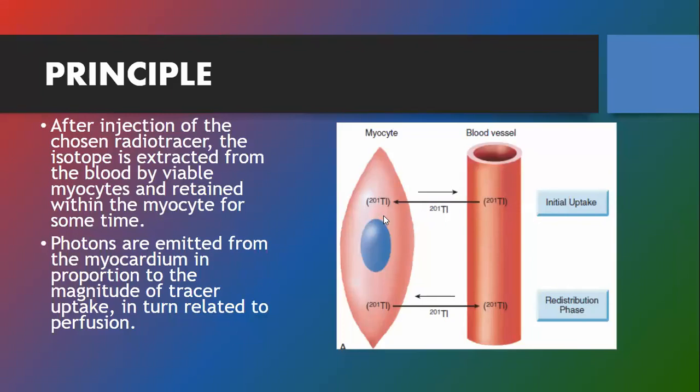A myocardium with a diseased, stenosed vessel will have a lesser amount of blood flow, and these myocardial cells are going to absorb a lesser amount of the isotope, and ultimately they are going to appear less bright on the scan. And the myocardium which has normal coronaries, no compromised blood supply, is going to absorb more isotope and is going to appear brighter. So till here, if you have any queries,